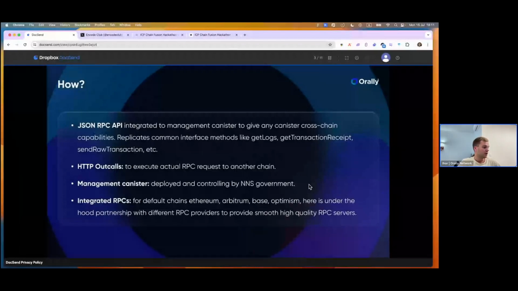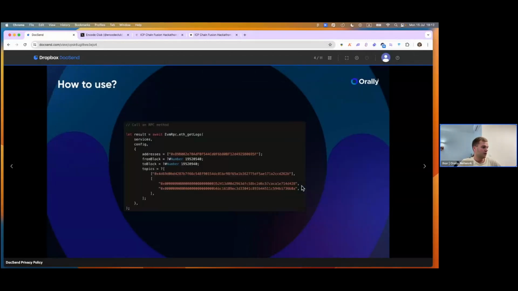And with integrated RPC under the hood, firstly you will be sure that if one RPC doesn't work, another one will be used, and it's also more comfortable to just pay in cycles instead of different API keys which you need to top up and so on. So it's just a small example of how you can ask EVM RPC to get some logs from